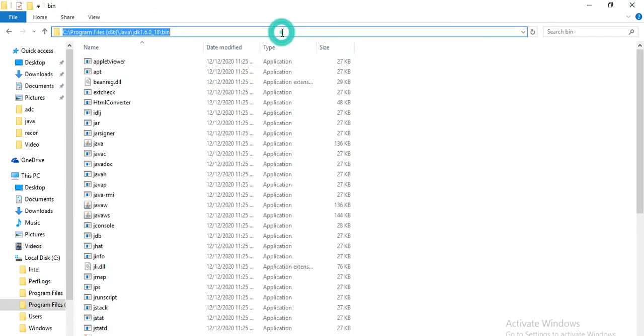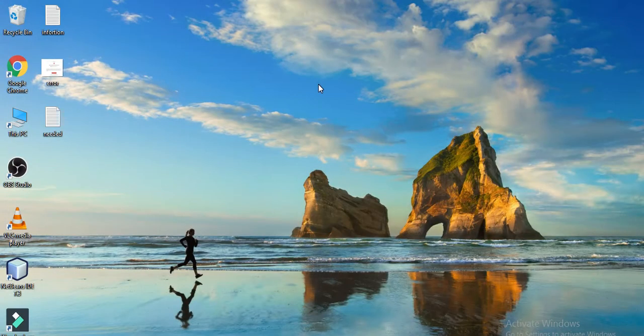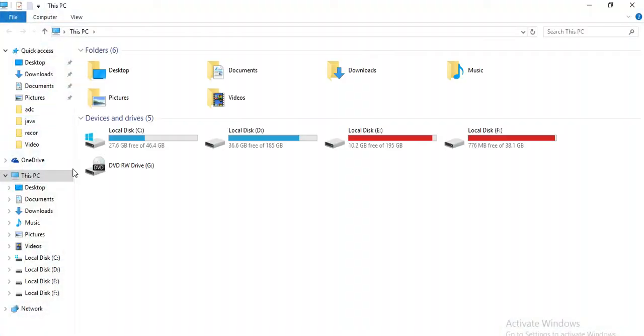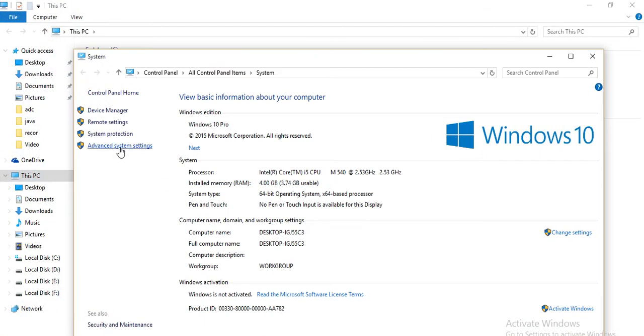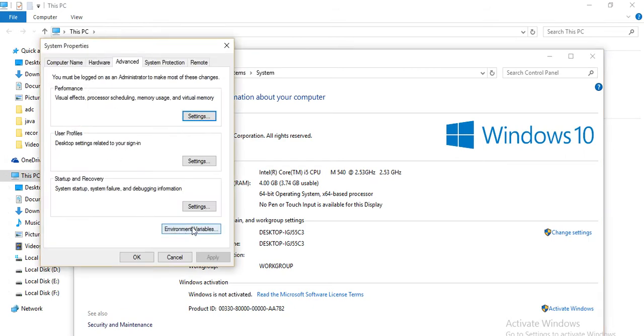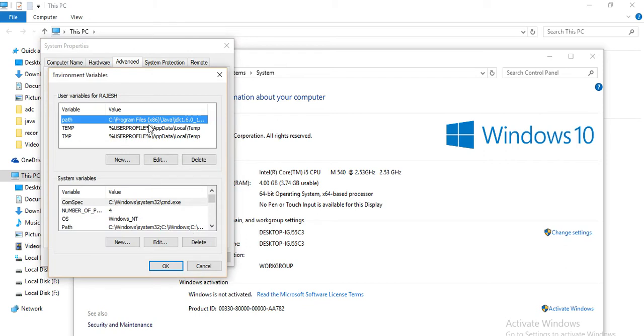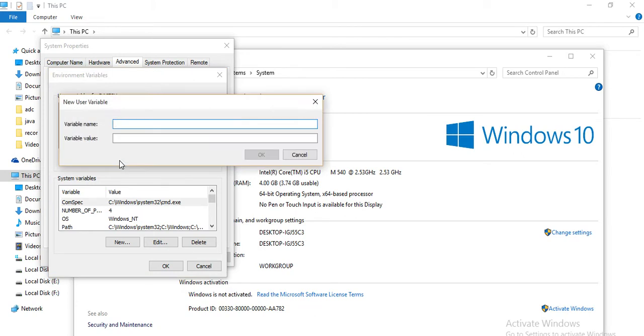You need to copy this path with Control C, then go to My Computer, this PC, right click, Properties, Advanced settings, Environment Variables. Click it, and we need to set the path here. Click on New, type PATH, and put the value with Control V.